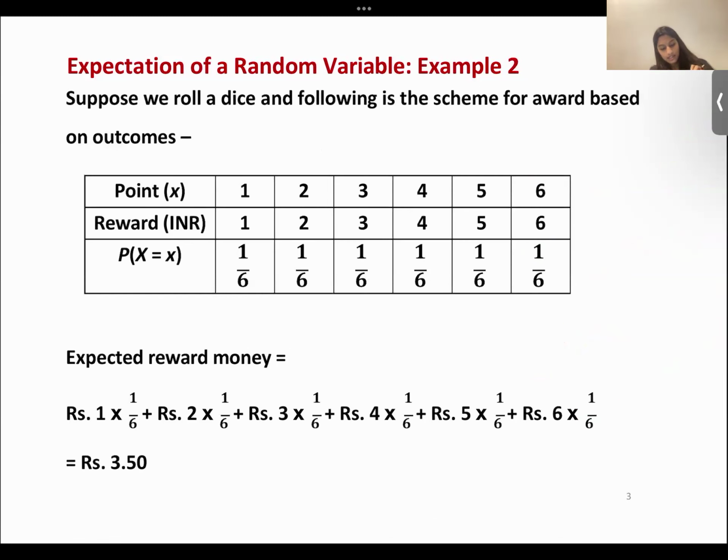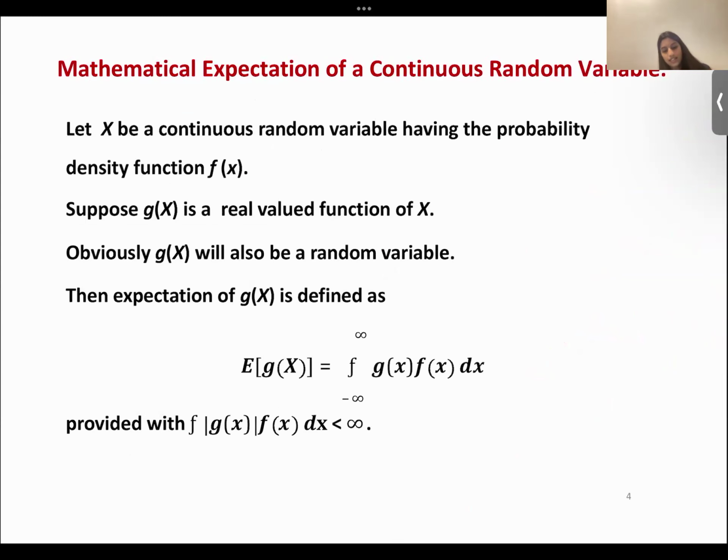Similarly, for the dice rolls, you get 1 rupee if you roll a number 1, and 6 rupees if you roll a number 6. So the average expected reward money is, you just multiply all these values: 1 into 1 by 6, 2 into 1 by 6, 3, and so on. So your average reward is 3.5. So that's how we mathematically